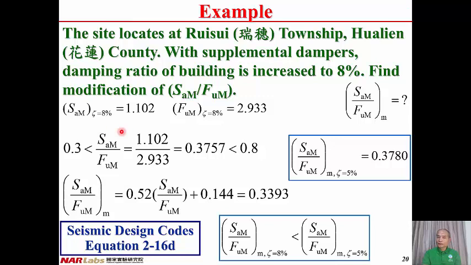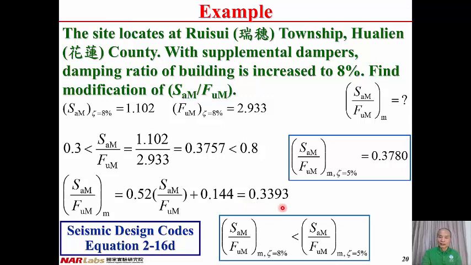So far we have SAM for the damping ratio 8% equal to 1.102, and FUM for the damping ratio 8% equal to 2.933. And the question is to find the modification of SAM divided by FUM. SAM divided by FUM equal to 0.3757. It lies between 0.3 and 0.8. And according to Seismic Design Code equation 2-16D, SAM divided by FUM modification equal to 0.52 times SAM divided by FUM plus 0.144 equal to